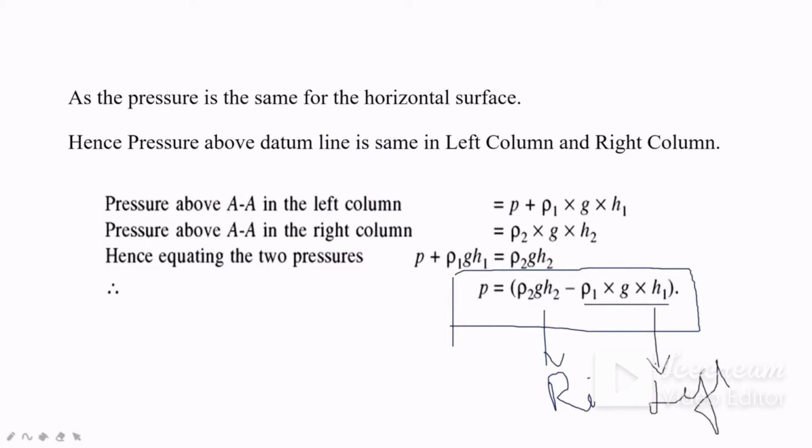That is, this is the property of the liquid for which the specific gravity is lower, and this is the property of the fluid for which the specific gravity is higher. So we subtract the smaller from the bigger, and we get a positive value. Fine. So this is how we calculate the pressure for the U-tube manometer, that too for gauge pressure.